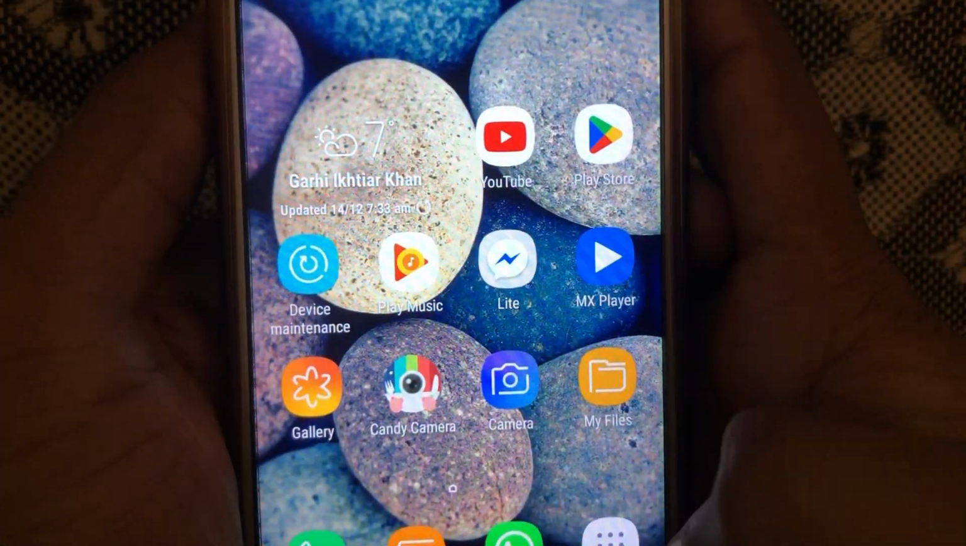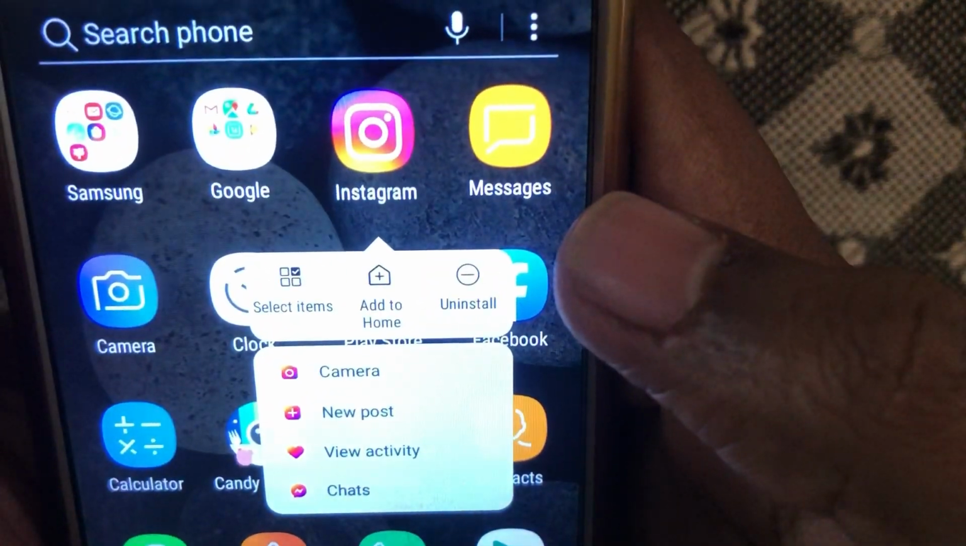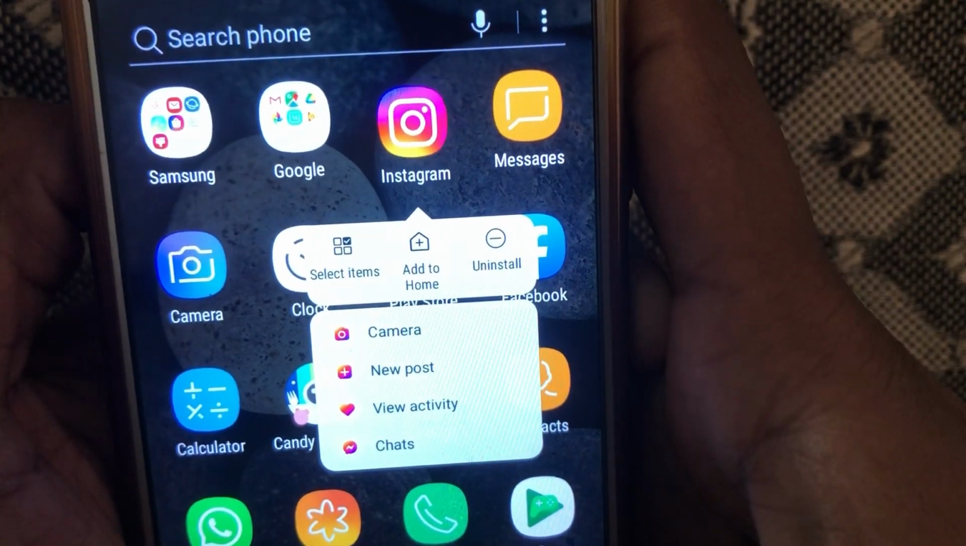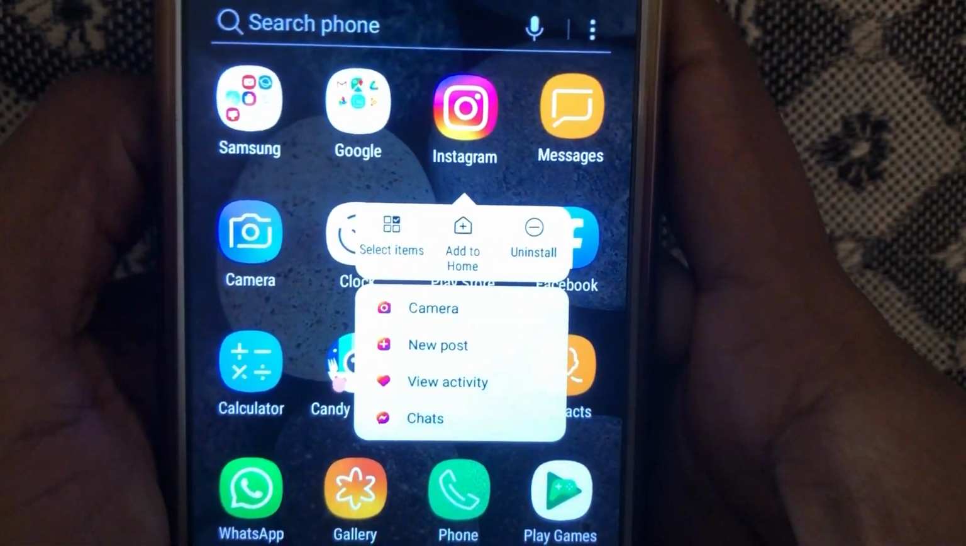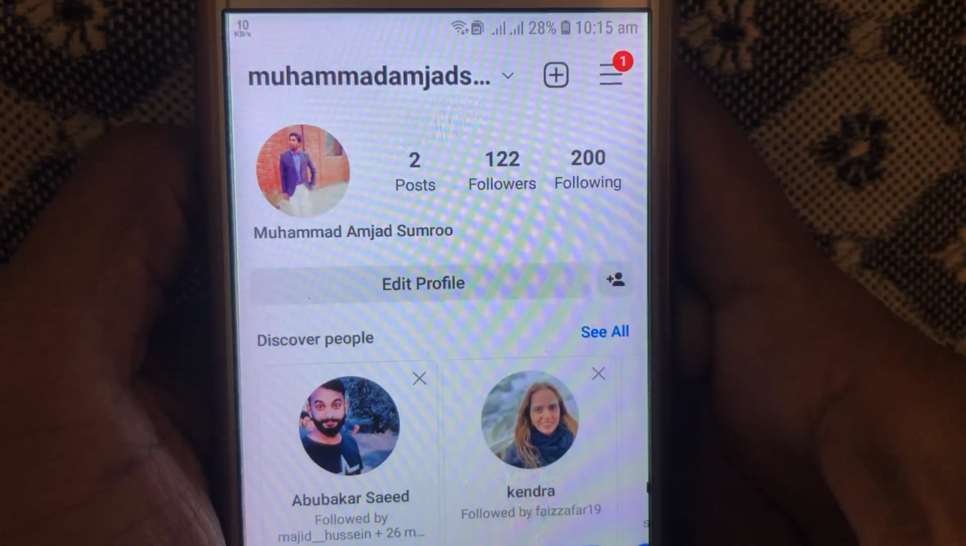If the problem is occurring again, what you have to do is uninstall Instagram and reinstall it again. If the problem keeps occurring, the last solution is that for this you have